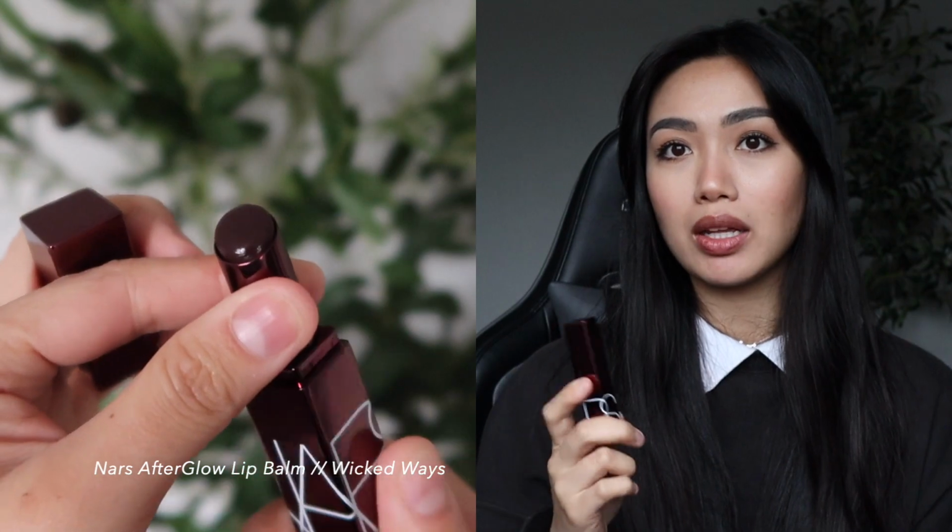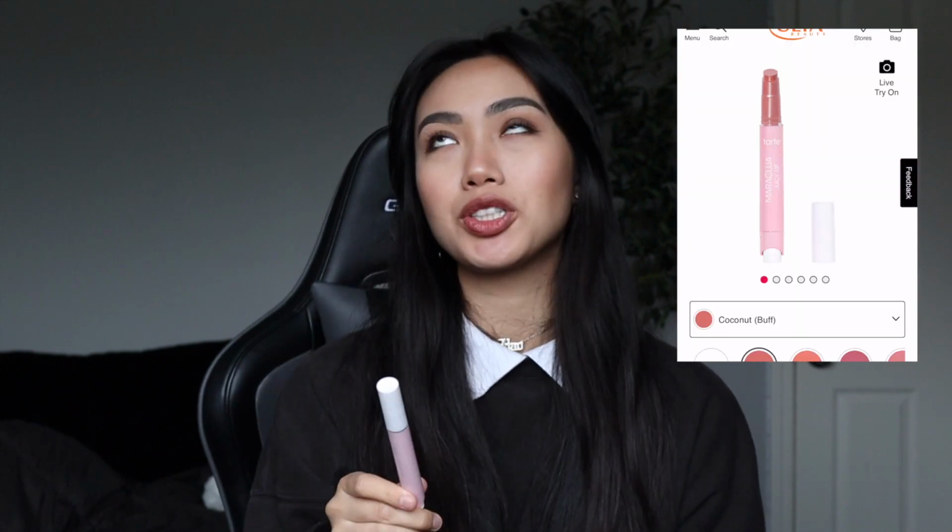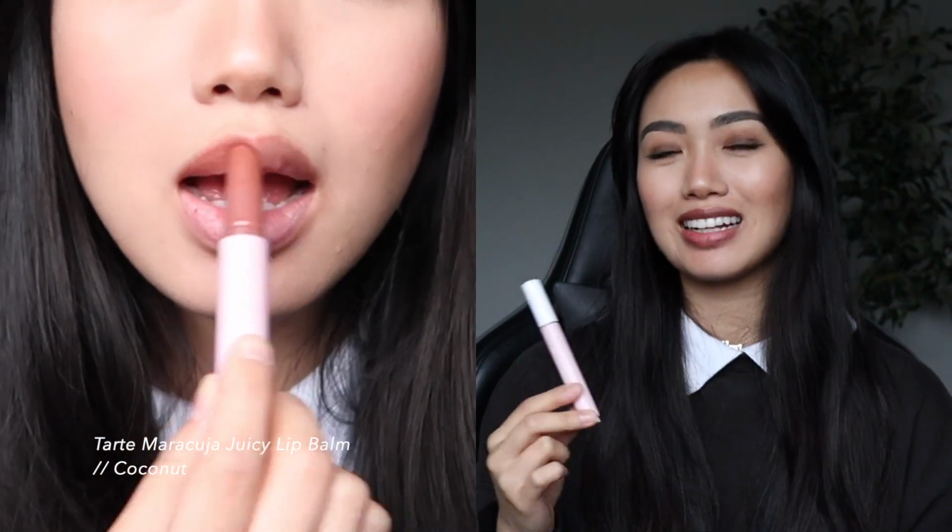It's definitely not my top one, but it is one of my favorites because the formula is really good. Tarte Maracuja Juicy Lip Tinted Lip Balm. Now I have mine in the color Coconut. I have tried a couple shades that are lighter than this shade. This was the shade that felt like it's blending into my lips and not just sitting on top